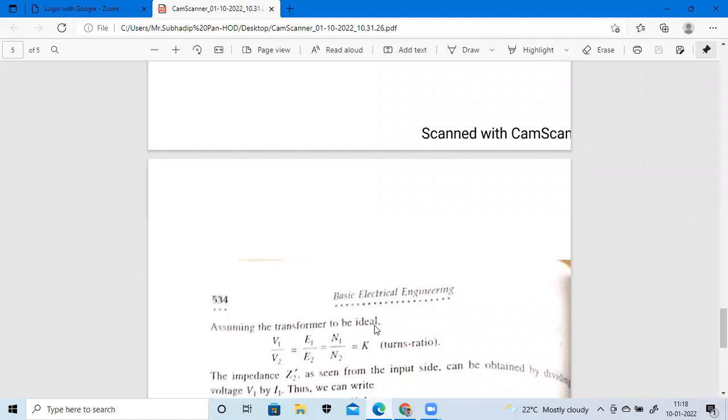So this is the ideal transformer voltage relation. That means E1 by E2 equals N1 by N2, or V1 by V2 equals the same thing, since the supply voltage is almost equal to the EMF induced, not exactly equal, but almost. This condition is for the ideal transformer. So if we consider that the transformer is ideal, what is the condition of ideal?